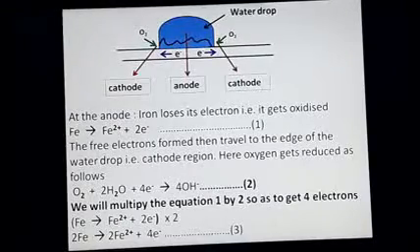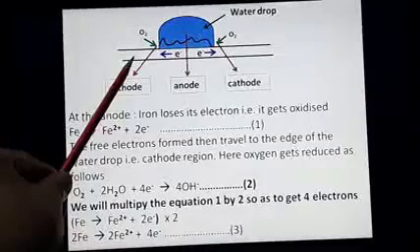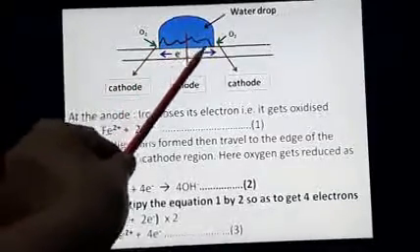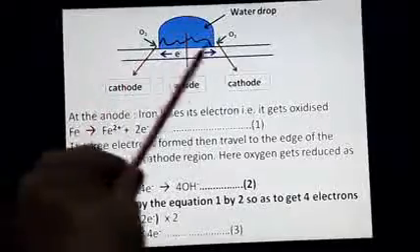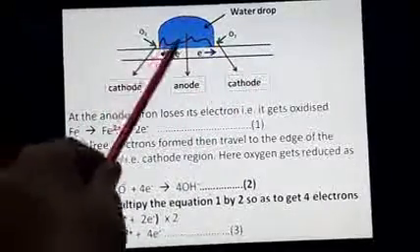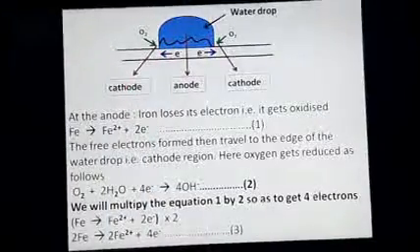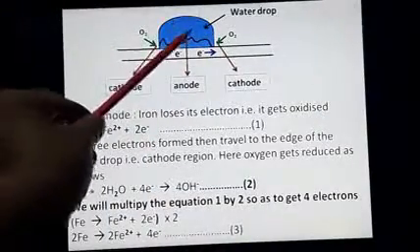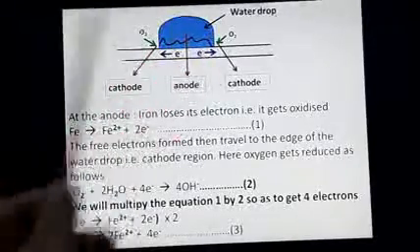Now let us go into the details of how the iron rusts. Here these double lines show us that this is a bar of iron, and this is a part which is probably not painted. Maybe this side is all painted, and therefore it won't corrode, but on this part the paint has chipped off, and there's a water droplet on top of it.